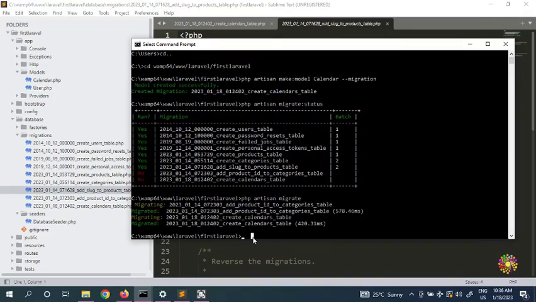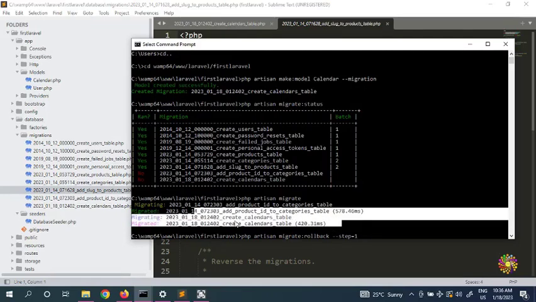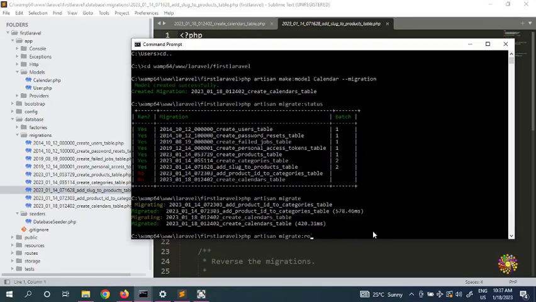So what we're going to do is PHP artisan, and we migrate, we put rollback, and we put a step, and step is going to be 1. So now we don't want to roll back the whole thing, we just want the latest one, the one we've done. If you create something by mistake, you can do the rollback. Say for example now if we do another one, PHP artisan,